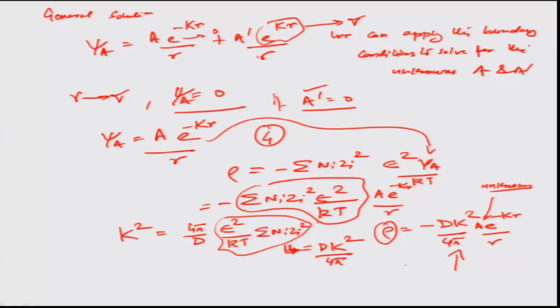So, if I had a central ion of interest which is positively charged and there is an ion cloud around it, then obviously for electroneutrality's sake, the values of the charges of the central ion should match with that of the ion environment in which this ion is present. Okay. So, for electroneutrality's sake,